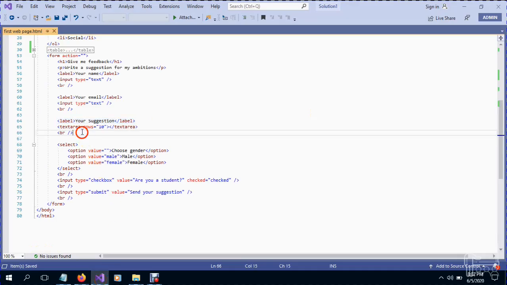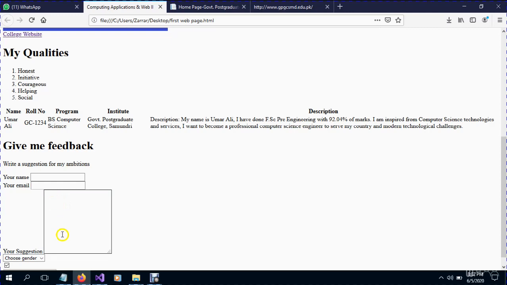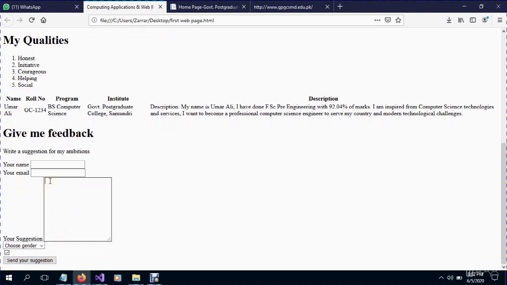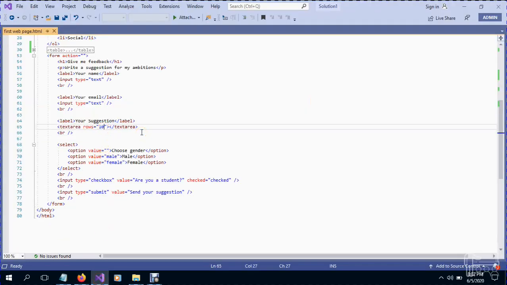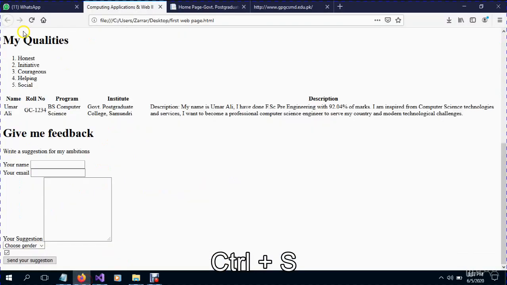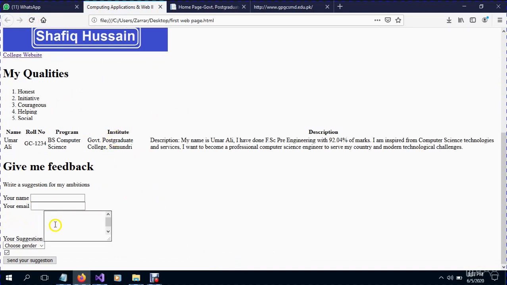And we have a text area. Why? Because we want a lot of text. We are expecting that a lot of text may be entered in this element. So we are giving rows 10. This represents the number of rows, like this is 1, 2, 3, and so on. If you decrease the number of rows, like if you give 4, then after refreshing the page, you can see that the size of the text area has decreased.